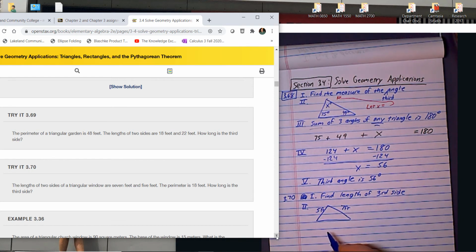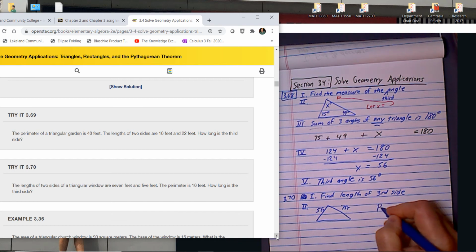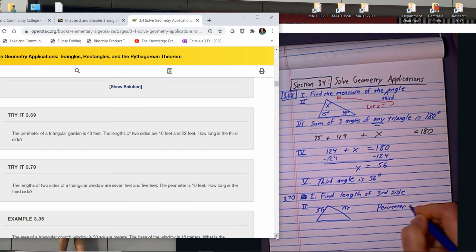The perimeter is 18 feet. Now, perimeter means distance around. Okay? So, in other words, if you took a